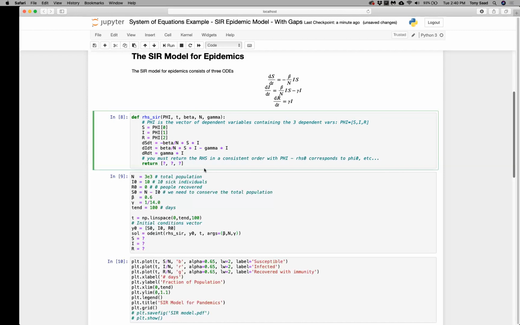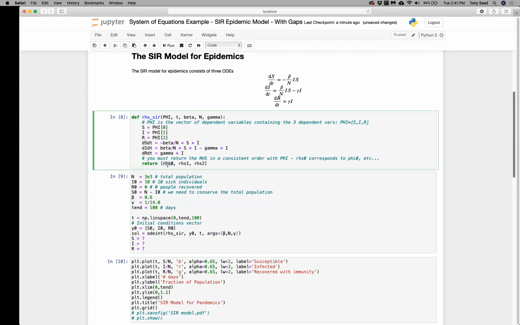So would that be just like an array of like DSDT, then DIDT, and then DRDT? Yes, exactly. DSDT, because I just defined this here. I could have defined it as RHS0, RHS1. Remember, these are just arbitrary variable names, okay? So RHS0, RHS1, RHS2. Or if you keep it ds by dt, and di by dt, and dr by dt,